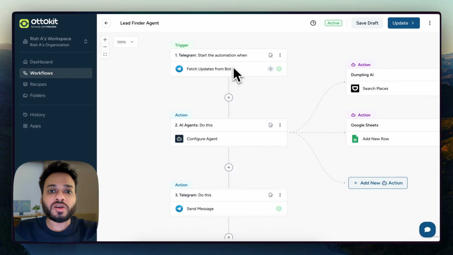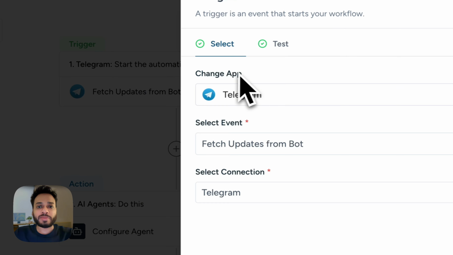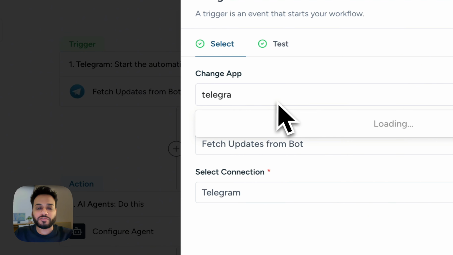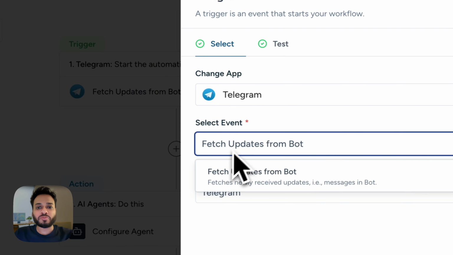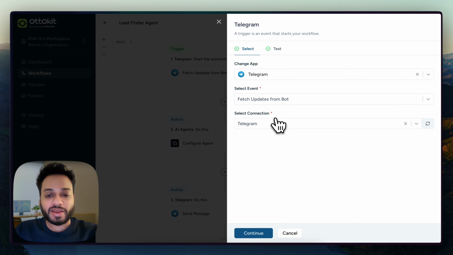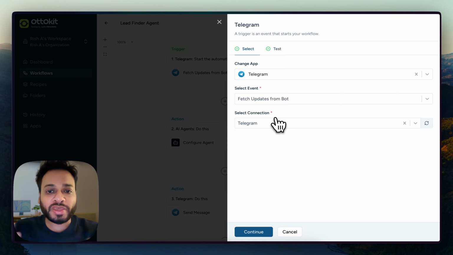Okay, so first of all, what you have to do is you have to add a trigger. So the first step should be to select the app as Telegram from the drop downs of the AutoKit trigger, and then the event should be fetch updates from the bot, and here you have to add your connection, and for that you have to obtain an API key from Telegram. Now the API key would not be of the whole Telegram account. You have to make your own bot and add that API key inside this connection,